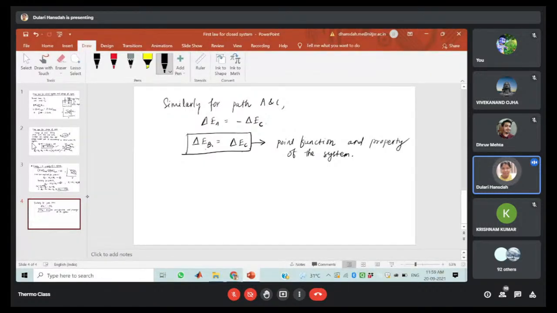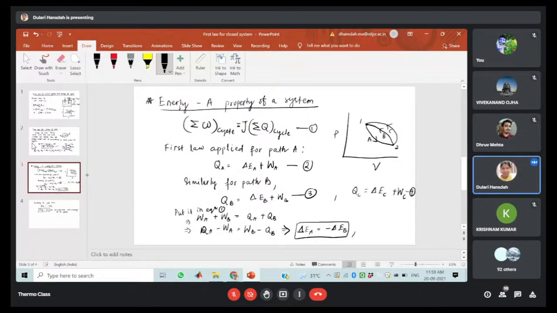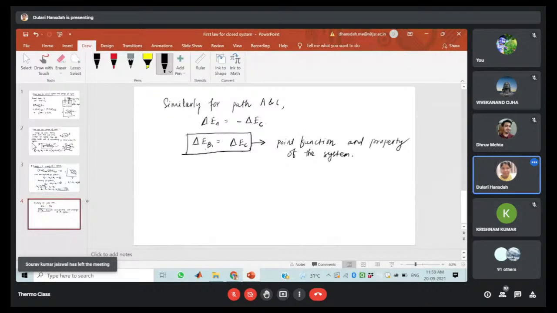Then from this equation, we can say that the change in energy between the two states of the system is same. Okay, so ये आप जो भी पाथ फॉलो कर रहे हैं, चाहे बी हो या चाहे सी हो, उसके पाथ के ऊपर डिपेंडेंट नहीं है, ये आपका एंड स्टेट के ऊपर डिपेंडेंट है। तो वही यही है, तो एंड स्टेट के ऊपर डिपेंडेंट है, देन दैट इज द पॉइंट फंक्शन एंड प्रॉपर्टी ऑफ द सिस्टम। नाउ इट इज गुड।